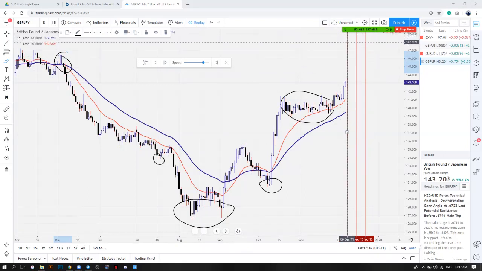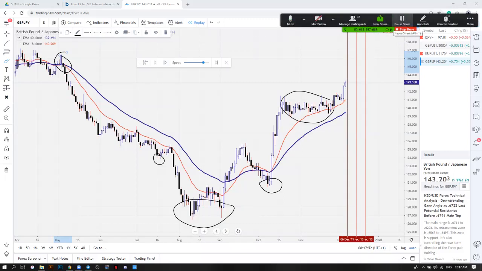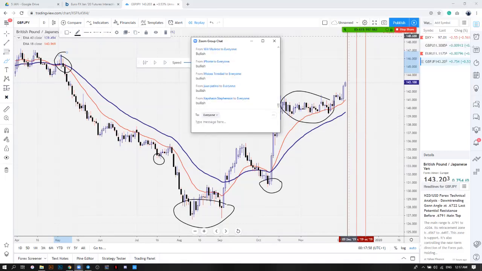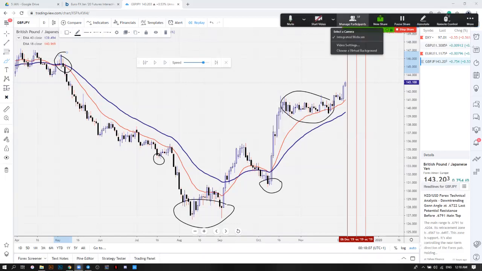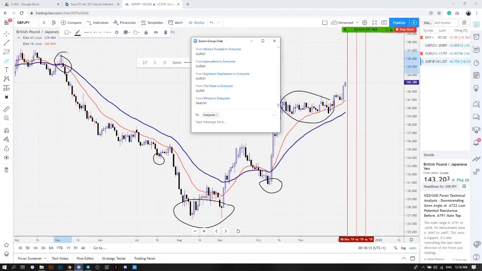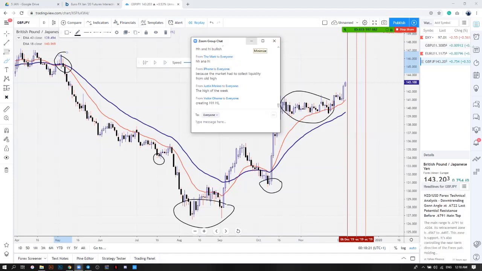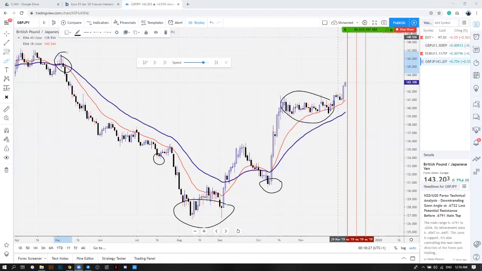So imagine you were trading the last 2 weeks. What would be your bias, bullish or bearish? Bullish, okay? Why? Now, don't just say bullish. Tell me why you're going to be bullish. I need reasons why. Okay, iPhone says bearish. Higher highs, higher lows, because the market has collected liquidity from old highs. Higher high, higher low. Change the market structure, higher high. Okay? So everyone all agrees.